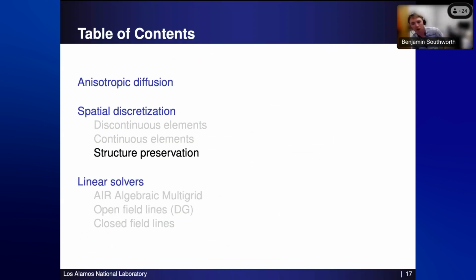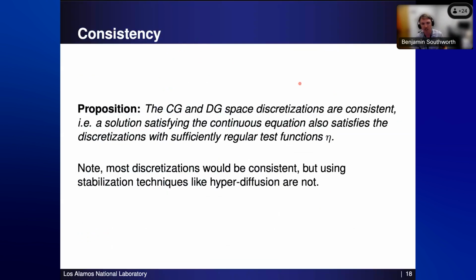Good, lots of time. Okay, so the last part on the discretizations is to talk about structure preservation a little bit. So this is Golo's background, structure preserving finite elements, specifically in terms of, I think, atmospheric sciences and geosciences. But it's good to think about these things, and it's been nice to talk to him about it.